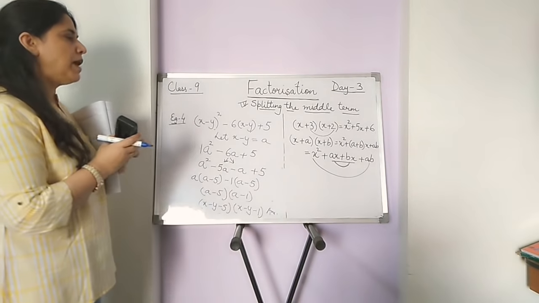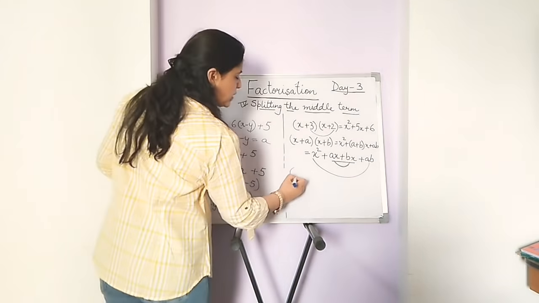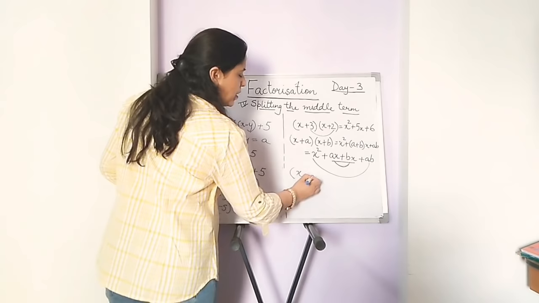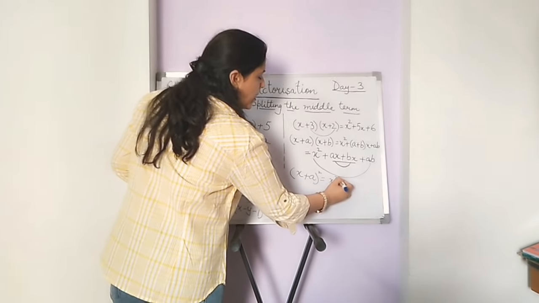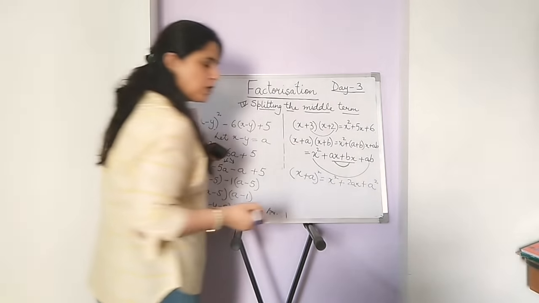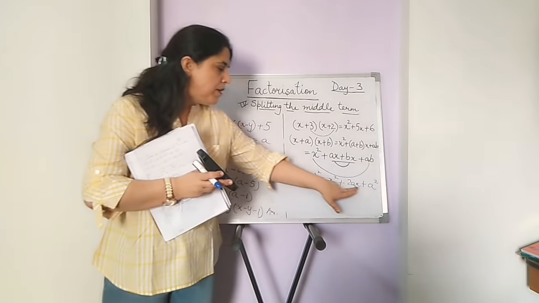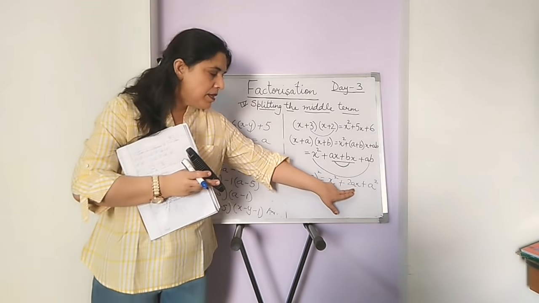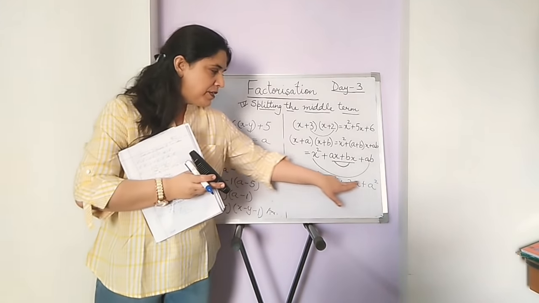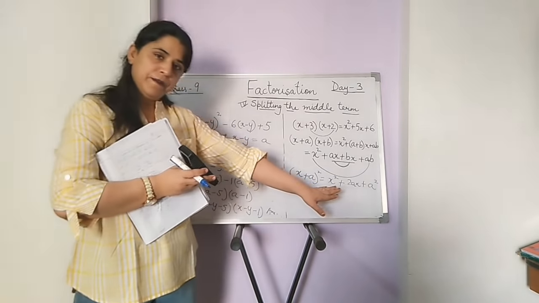Now one more thing that we come across, when we have a perfect square number, like x plus a the whole square. If I write x plus a the whole square, what do we get? X square plus 2ax plus a square. This is what we are getting. When two terms are perfect squares and the third term is twice the product of the first and the second term, whatever the terms are, yes, then